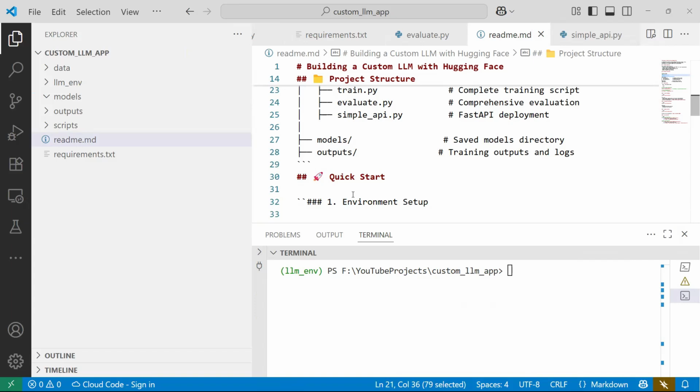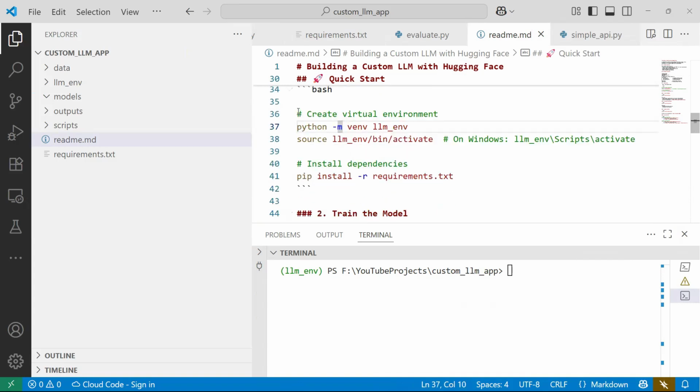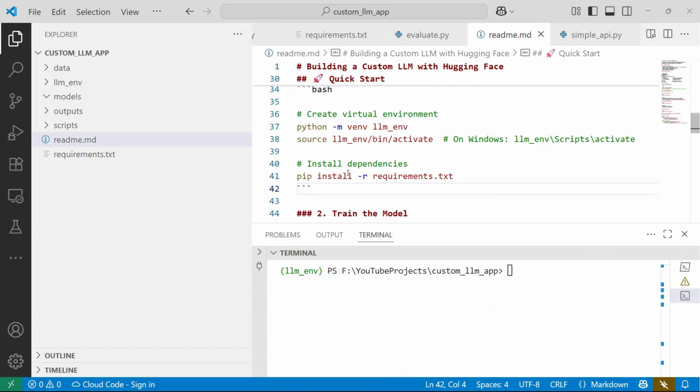You can create a virtual environment like python -m venv llm-env. Then in that virtual environment, you can run pip install -r requirements.txt. So basically this becomes your step 1 and this becomes your step 2 when you want to run it. In my case, I have done both step 1 and step 2.